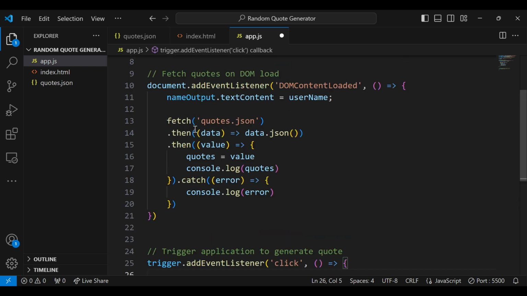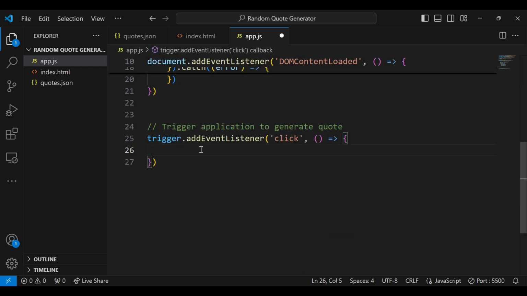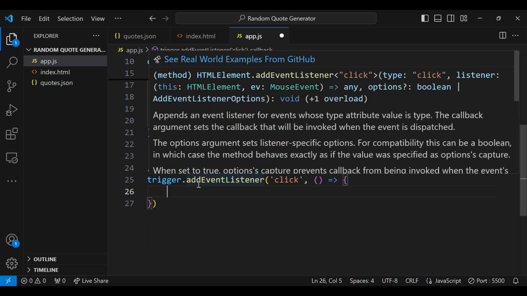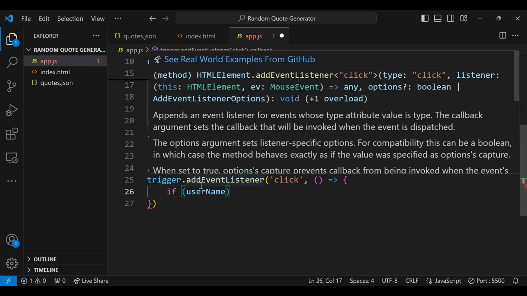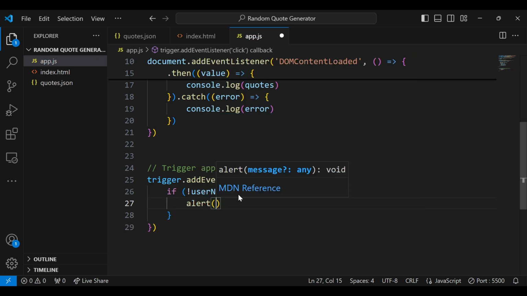So I'm also going to use an arrow function. But if you remember, we want to only generate quotes when there is a username. So if the user enters a value for their name, we're going to say, let's do it this way, if not username, then we are going to say alert. So we are going to use the alert function to display a message to the user and say